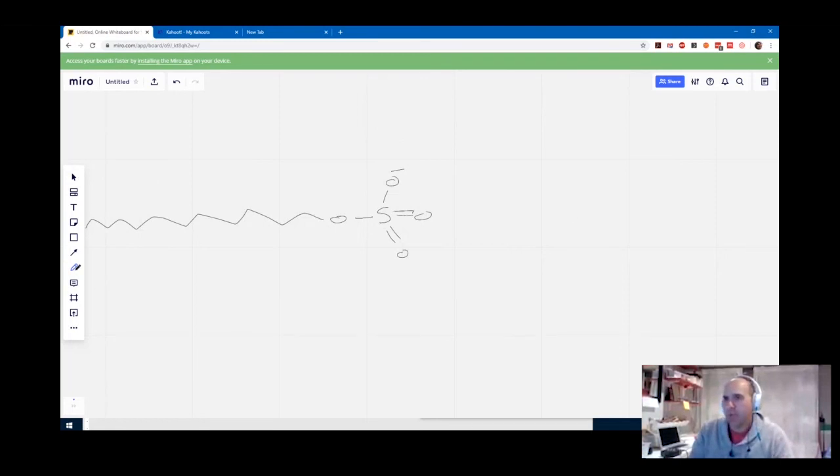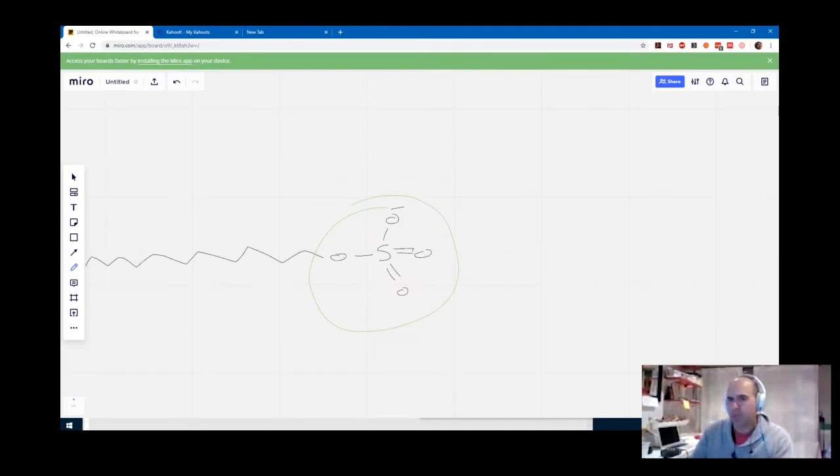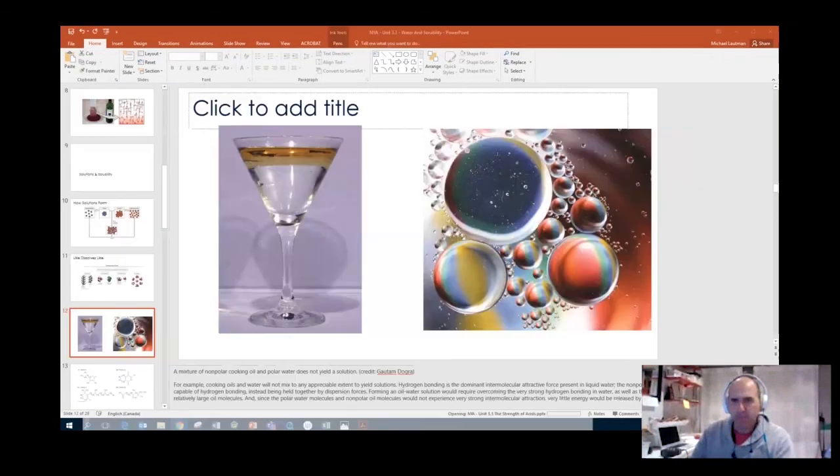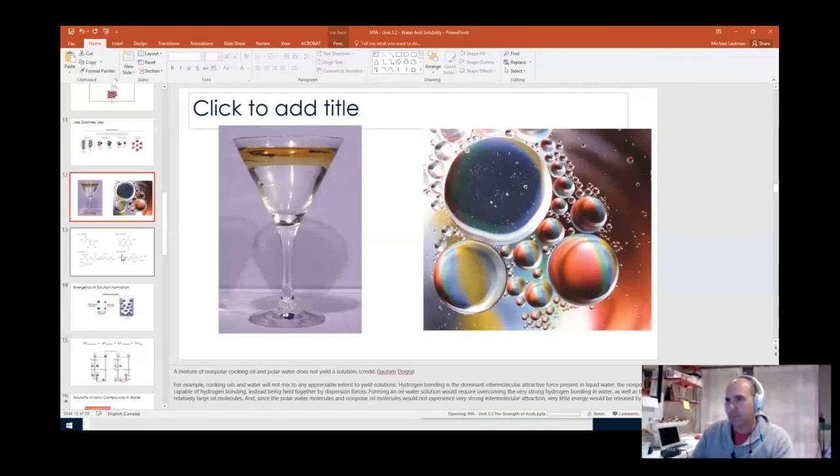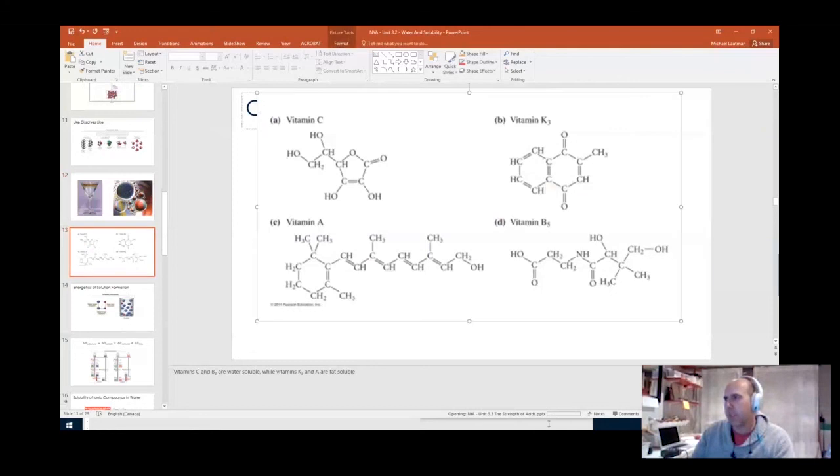But essentially what happens is this part of the molecule is ionic and polar. So it can form ion-dipole interactions with water. And then this part of the molecule here is carbon and hydrogen, so it's not polar. And so other stuff is miscible with this. And then when you rinse with water, it drags everything away. That's just a bit of a sidebar. Now, an example of this is, say,